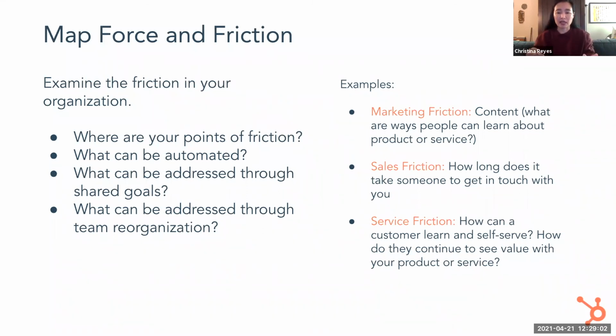And I know some of you have more than one customer. You may be a B2B to C type of entity, so you have an internal and an external customer set. So you're going to have probably two different layers of force and friction that you're mapping on your wheel. Remember, it takes a village to turn a lead into a customer. So friction can come from any department, just as the solution to the friction can come from any department. So I'll give you a minute to do that. And give us a little thumbs up when you're ready to move on.